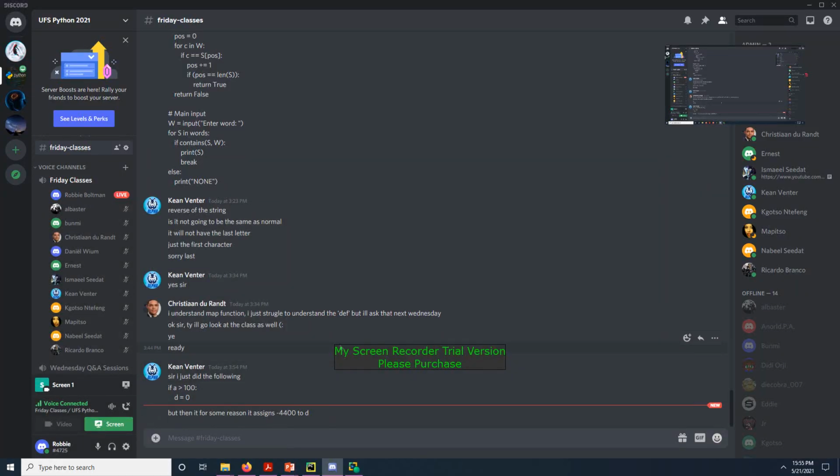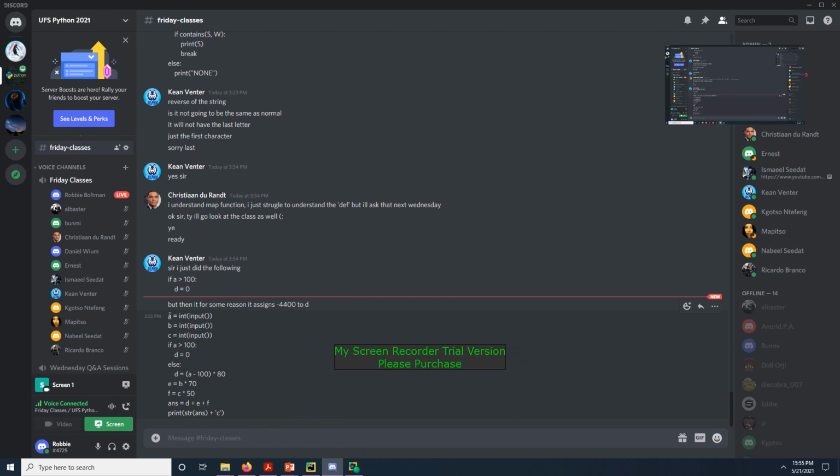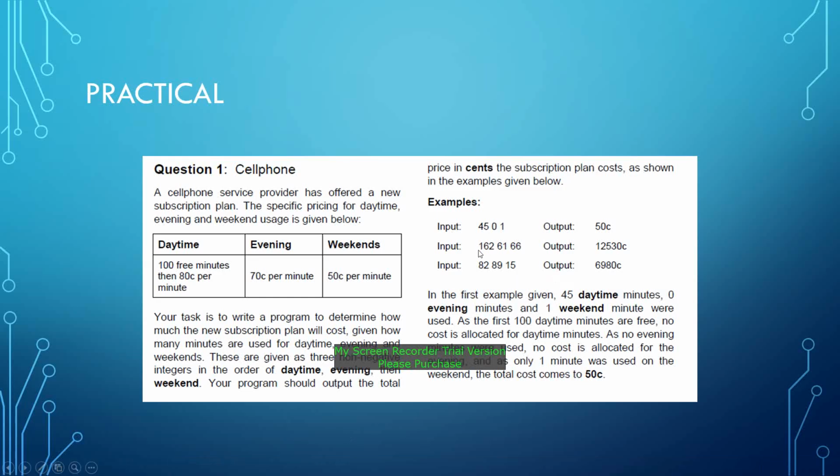Let's take a quick look. A is equal to... Okay. So you have 3 separate inputs. That's bigger than 100. D is 0. Else D. Alright. So you said, okay, if